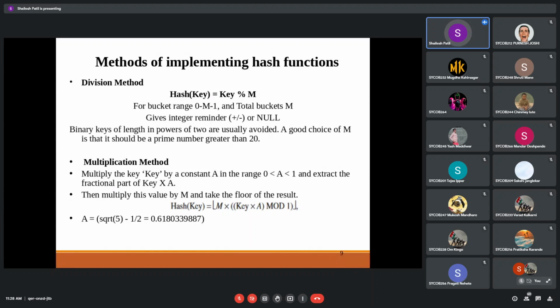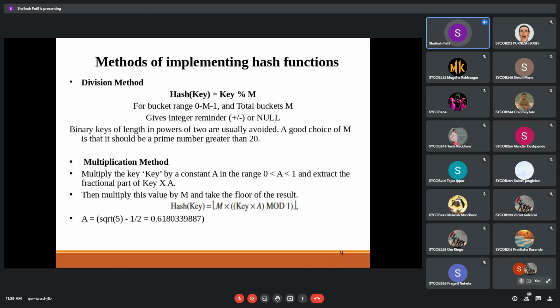Again, it is not restricted. You can have your own also. If you find for some problem statement that you can think of a way of storing those keys in a hash table, we can devise such a formula so that it will have fewer collisions, and the records can be stored in a distributed way. So we can call it hash function methods.